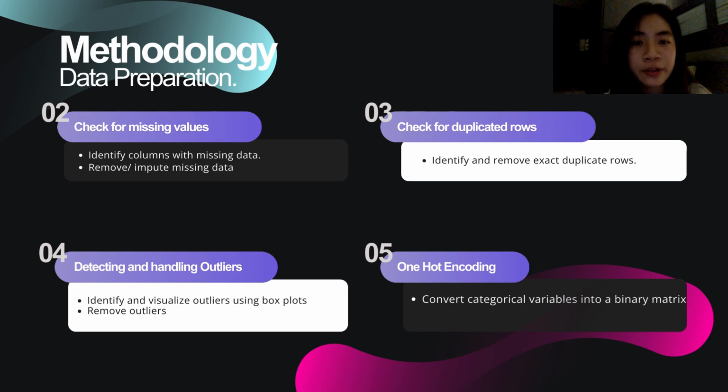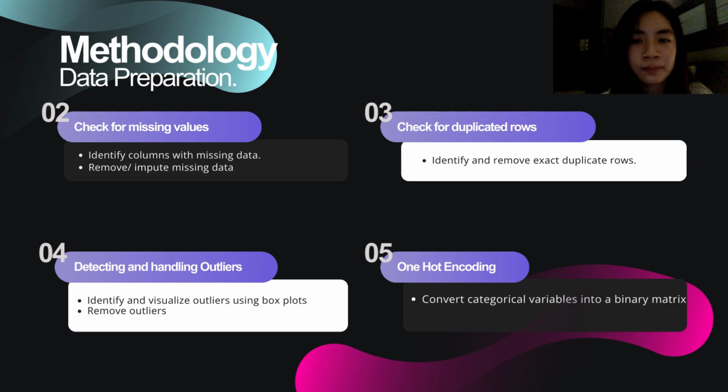Data preparation is a crucial step in ensuring the accuracy and reliability of our machine learning model by cleaning and transforming the dataset. We began by detecting any columns in our dataset that contain missing values and either removing the rows with missing values or imputing them with appropriate values to ensure the integrity and completeness of our dataset. Then we identify any exact duplicates within our dataset and remove them to prevent redundant data from skewing our analysis